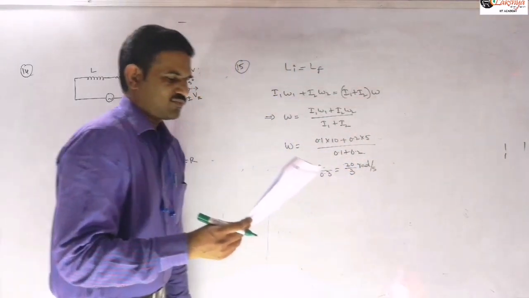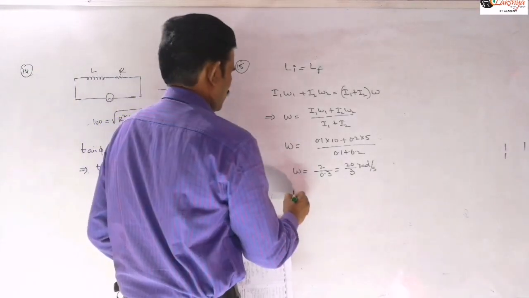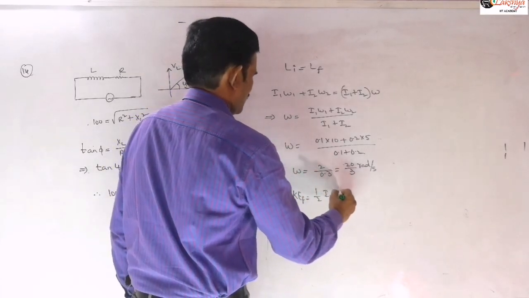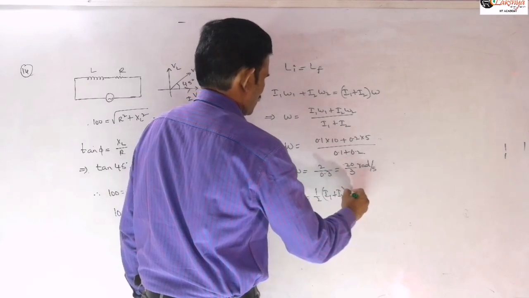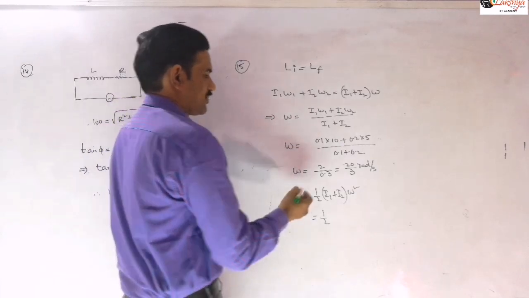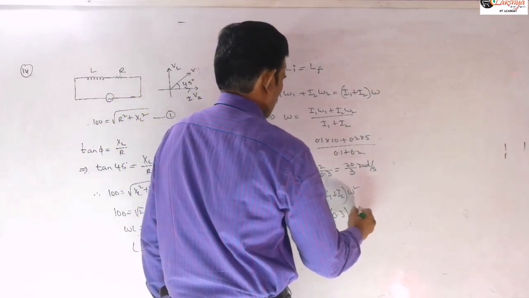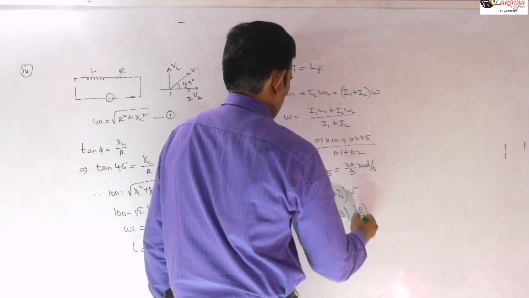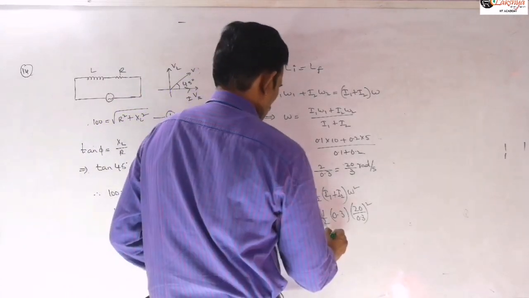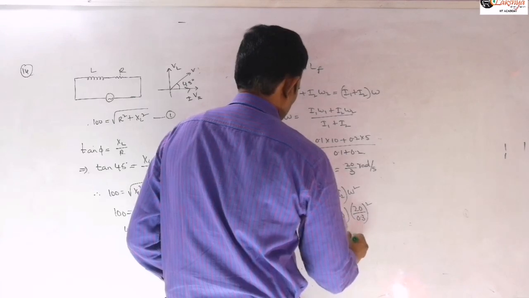And here the question is about the kinetic energy of the combined system. So simply the final kinetic energy they are asking. Therefore we can write half of I1 plus I2 into omega square, since they are rotating with that common angular velocity. So I1 plus I2 is 0.3 into omega, which is 20 by 3, whole square. Then simplify that, and you will get this value as 20 by 3 joules.